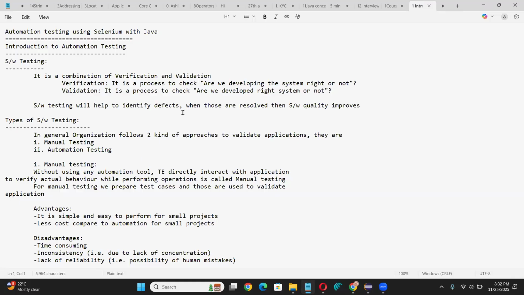Okay. Now see, what is the meaning of software testing? First topic, what is the meaning of software testing? We all know it is a combination of verification and validation. What is the meaning of verification? It is a process to check: are we developing the system right or not? What is validation? It is a process to check: have we developed the right system or not? That means,